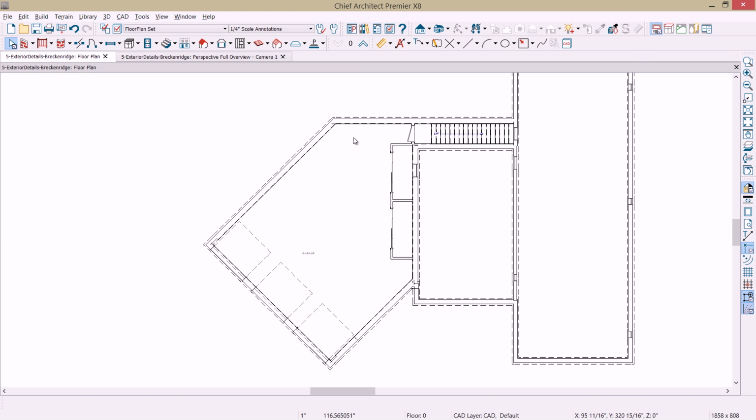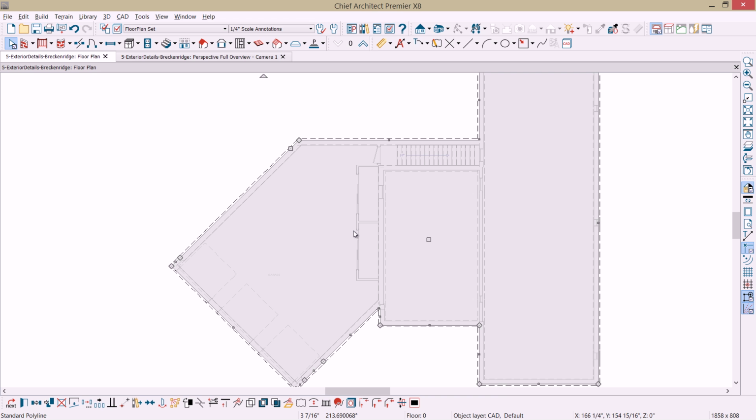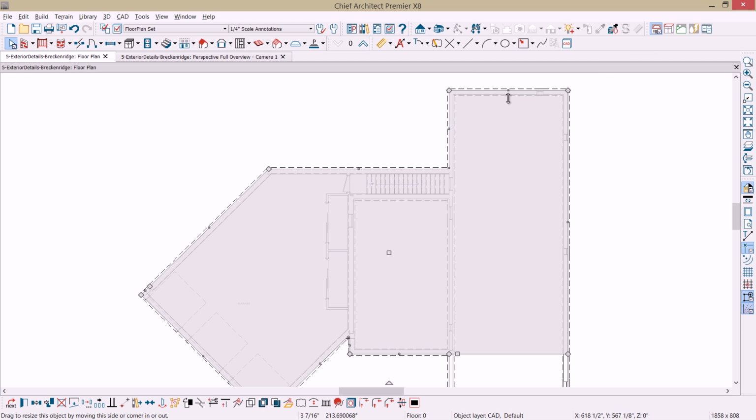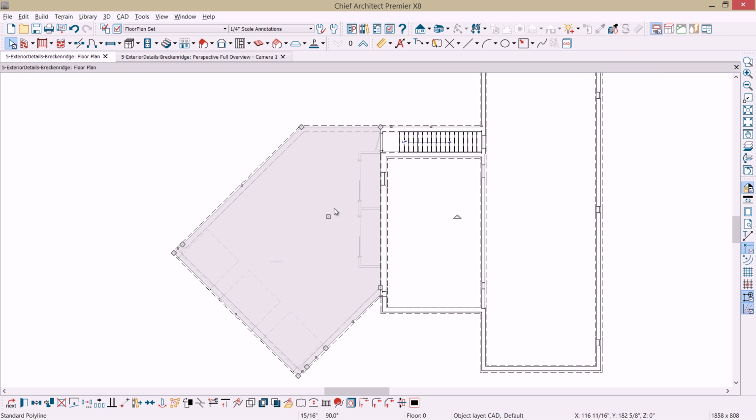It's going to create an outline that goes all the way around the design, and I'm going to use that to create that belly band. And to begin with, I'm just going to reshape this. Notice my snaps come into play, and it's a little bit bigger than I need because I don't want it to go all the way around the design. So I'm just going to pull this into place until we get rid of those extra diamonds. Pull this up. And once I've got the basic shape that I'm after, which is just around that garage portion,